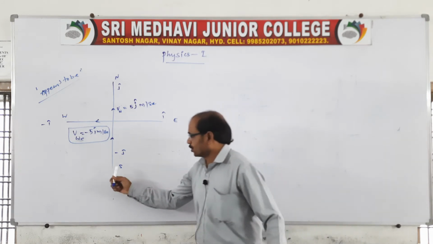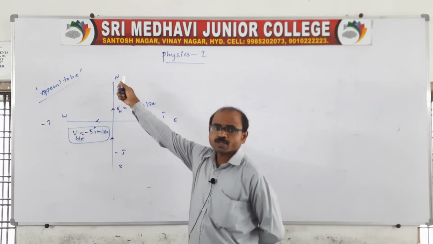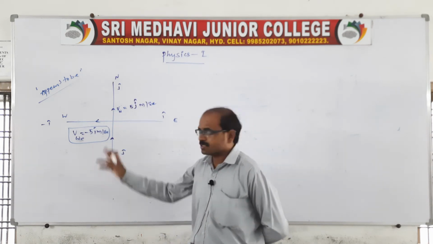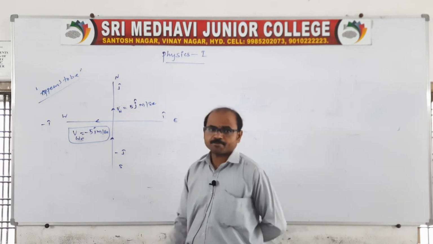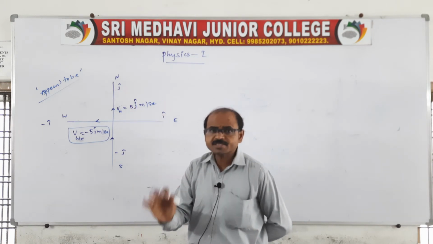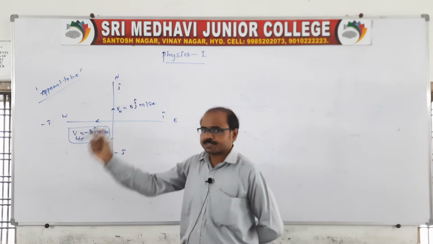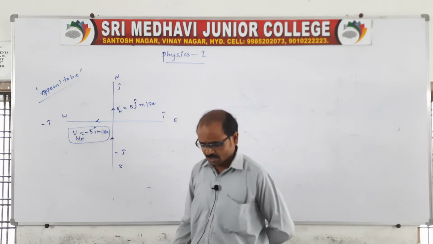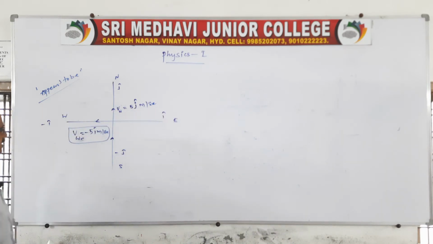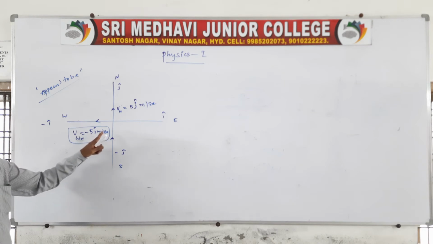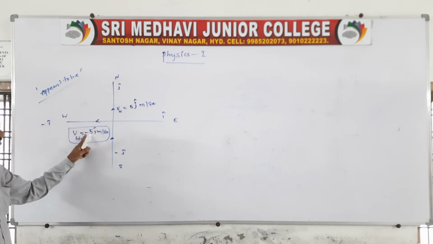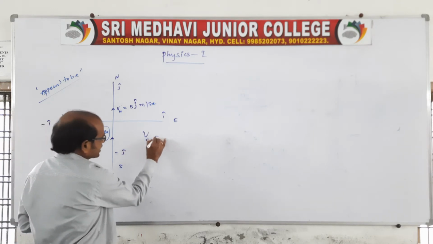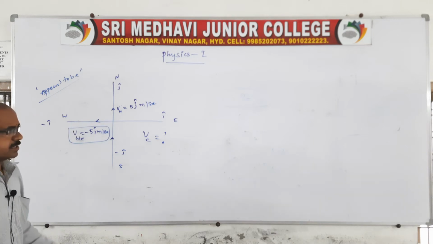Actually the wind is blowing from south to north, the wind velocity is given as 5 meter per second, moving towards the north, so we say 5 J cap. But actually the cyclist appears to be from the east, so the wind appears from the east and goes towards the west. So the wind with respect to cyclist is also 5 meter per second only, moving towards the west, so we say 5 minus I cap. Then find the actual velocity of the cyclist, it is asking. Right. Let us see.